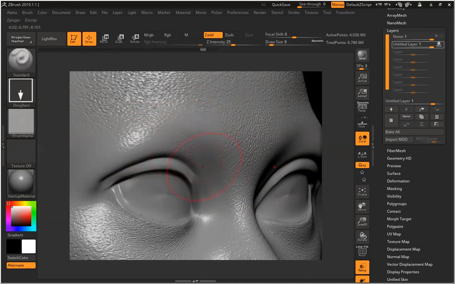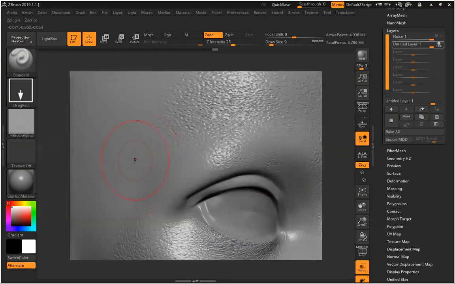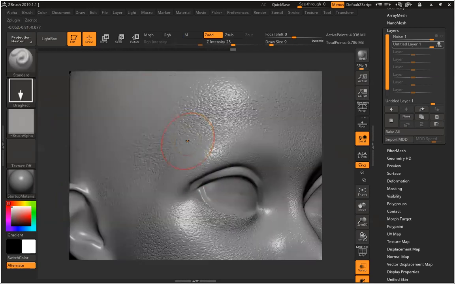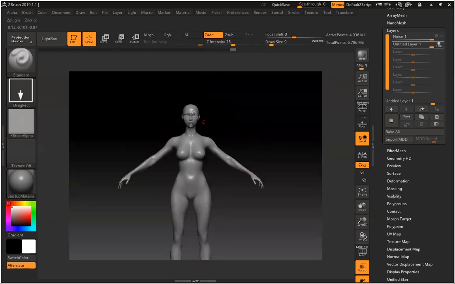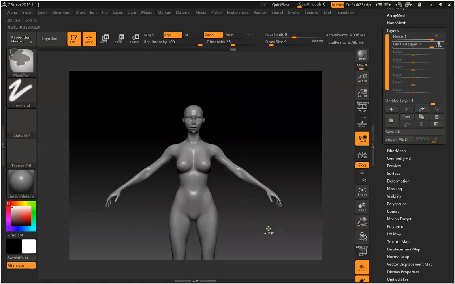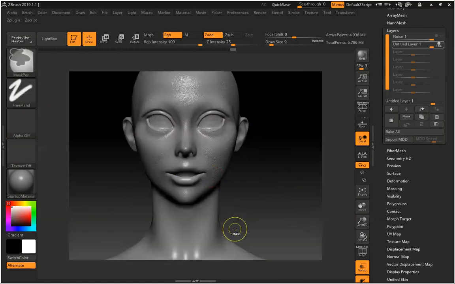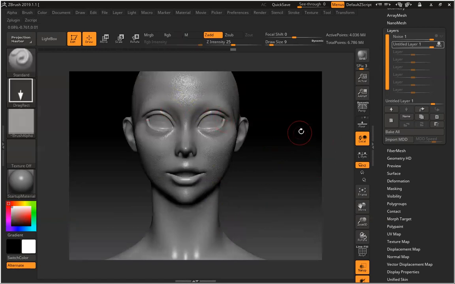Symmetry. So I added all this detail, basic generic detail, the skin surface detail.